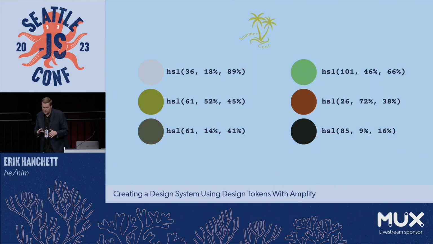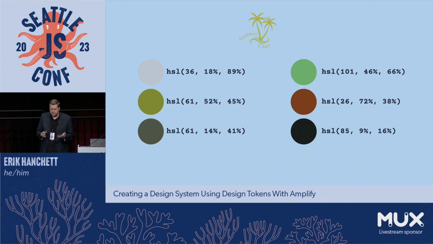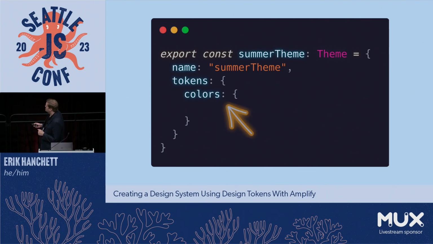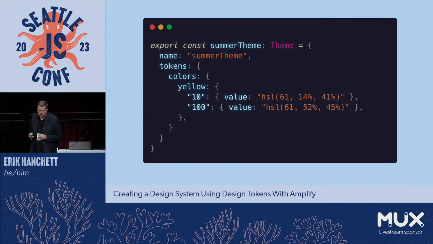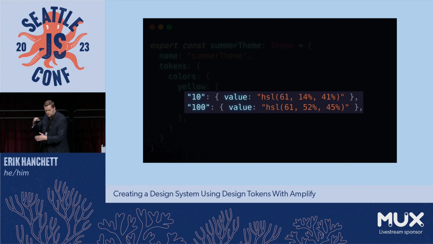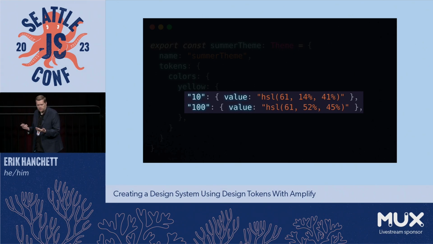And then we need to define some colors. So we're going to have a summer theme. So we're going to create some greens, some pinks, some browns to kind of come up with that theme. We're going to go back to our code here. We're going to add some colors, these tokens. So we have a 10, so we have kind of a lighter yellow and a darker yellow. And we're just kind of constructing this object for our theme that we're going to use to create